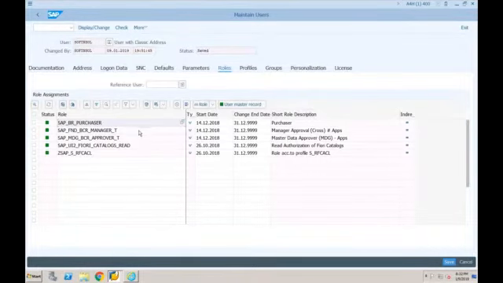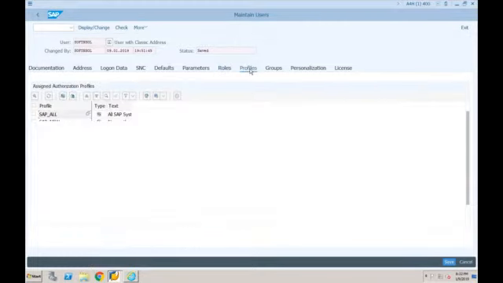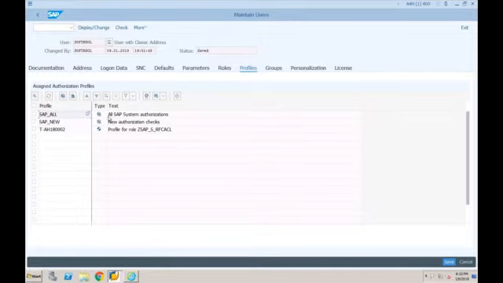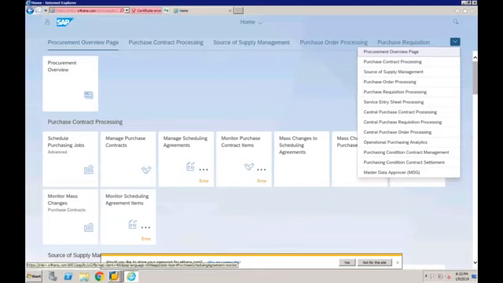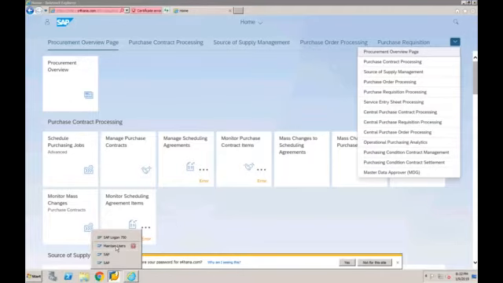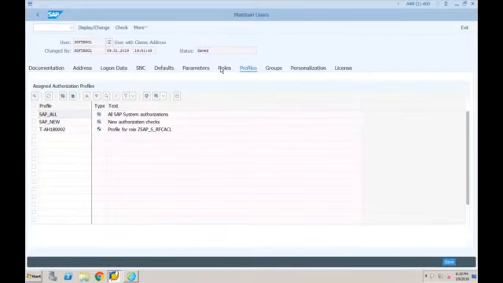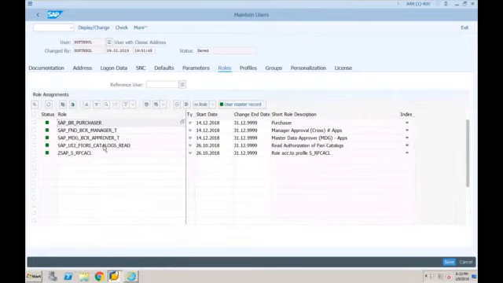Even if you have SAP All Access, if I go to profiles, I have SAP All Access, but this will only allow me to access the transactions in the traditional GUI. If I want any transactional access in SAP Fiori, I have to assign those relevant roles. So these roles are very important from the SAP Fiori point of view.